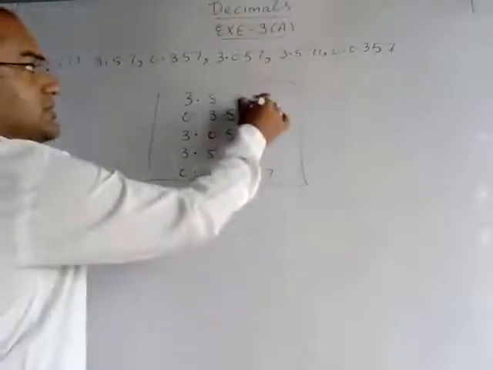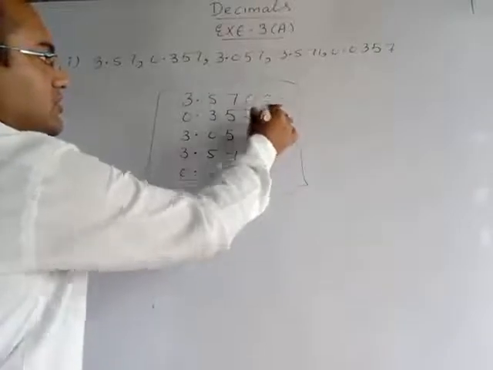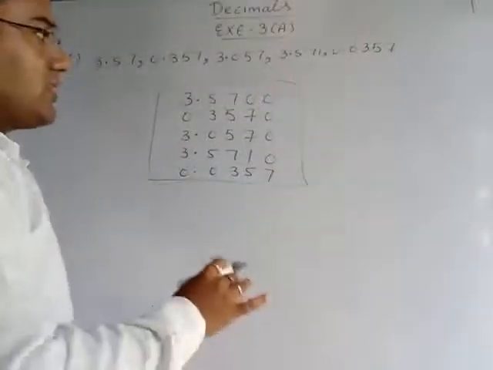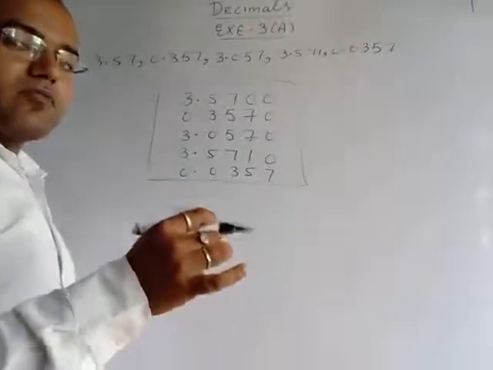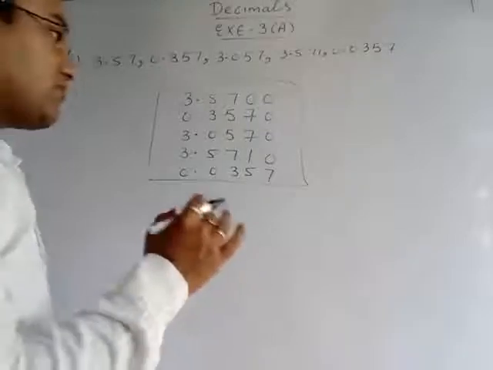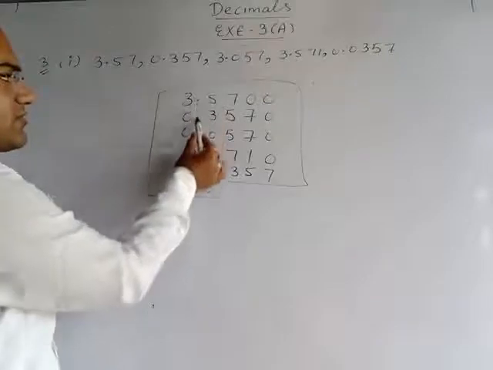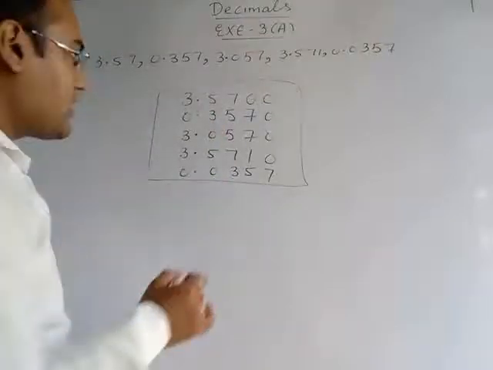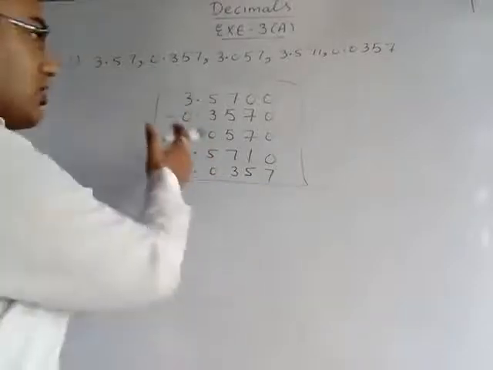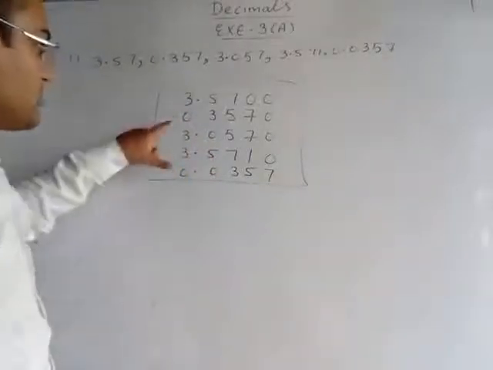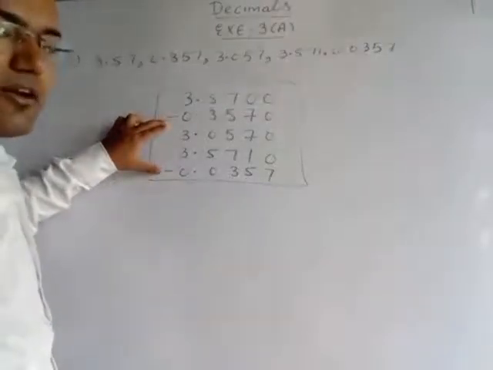So wherever there is an empty place, we will add 0. Now in order to write the smallest number, we have to check the number before the decimal. First of all we will check the number on the left side of the decimal. These two numbers are the smallest on the left side of the decimal. So this is 0, this is 0. Now among these two we have to select only one, that is smallest.